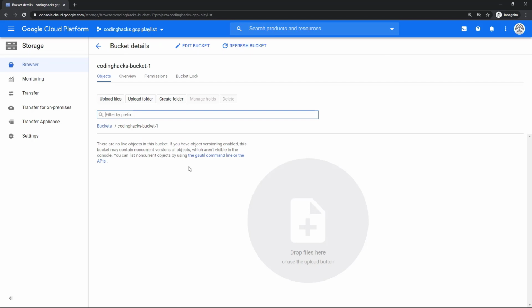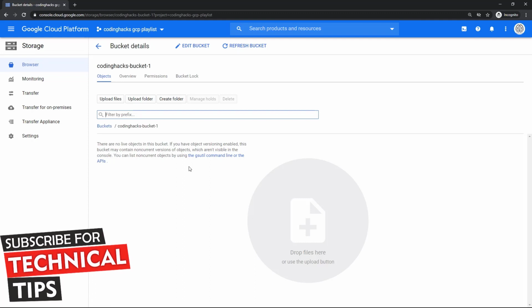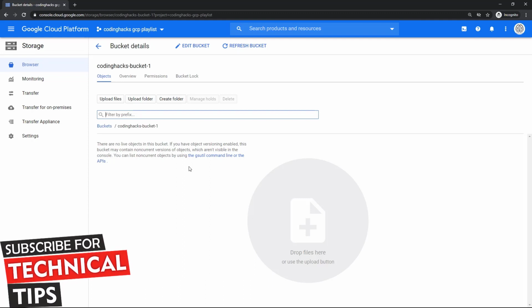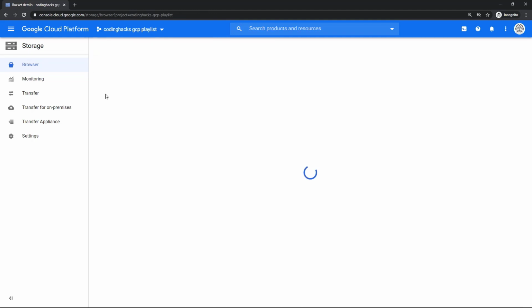One important point to remember about buckets is that they are standalone. They are not tied to a Compute Engine instance, a container, or even an App Engine object. You can create buckets by themselves and store data within them and access it from anywhere in the world. You do not have to have any instance running. After the bucket creation, we are going to upload data into it.